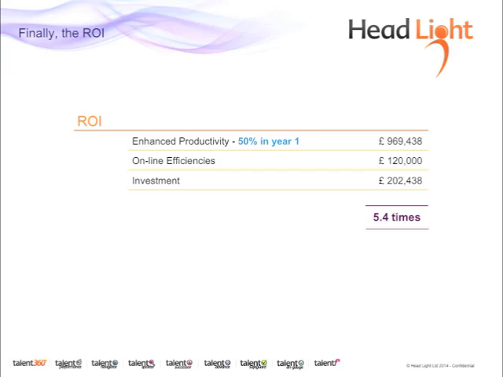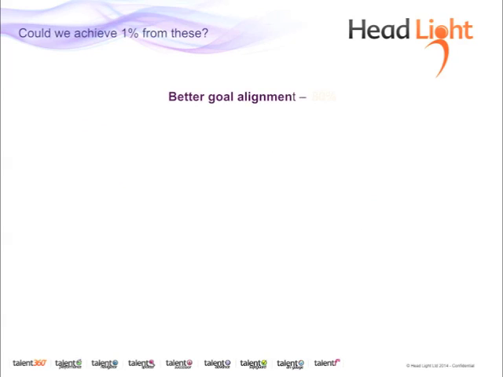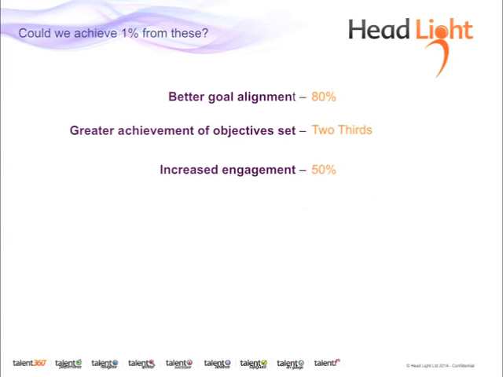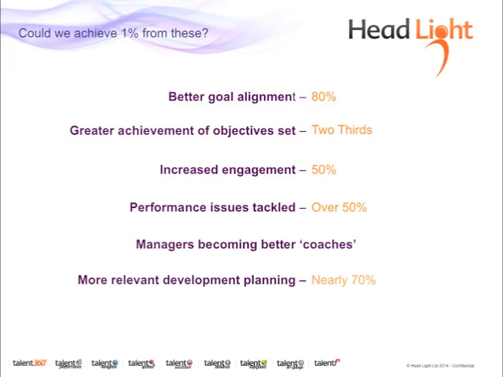Now, of course, in the second year, a lot of those costs that are in the investment line really don't reoccur, certainly nowhere near to the same degree. So in subsequent years, we're looking at a return on investment significantly more than this. So if we go back and think, okay, we've now got a picture where perhaps 5 times return is a real possibility. Certainly in that particular organisation, that's what they were looking at. And we're being very, very conservative about that return, and we're being quite robust about the cost of investment.